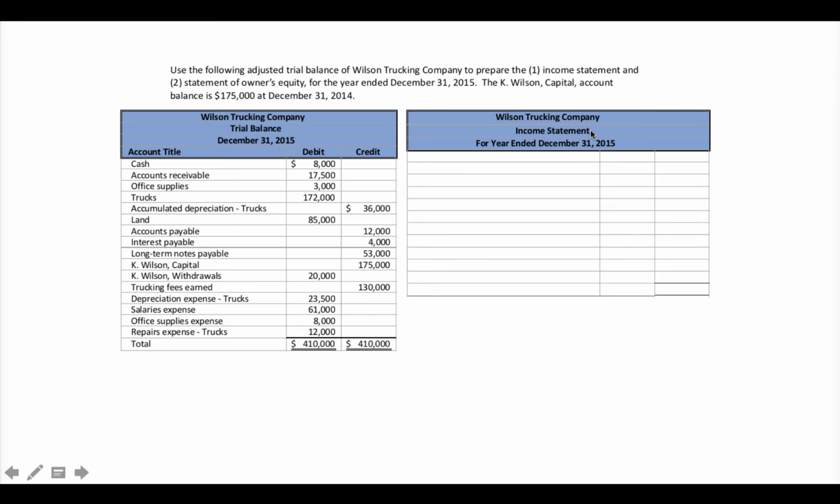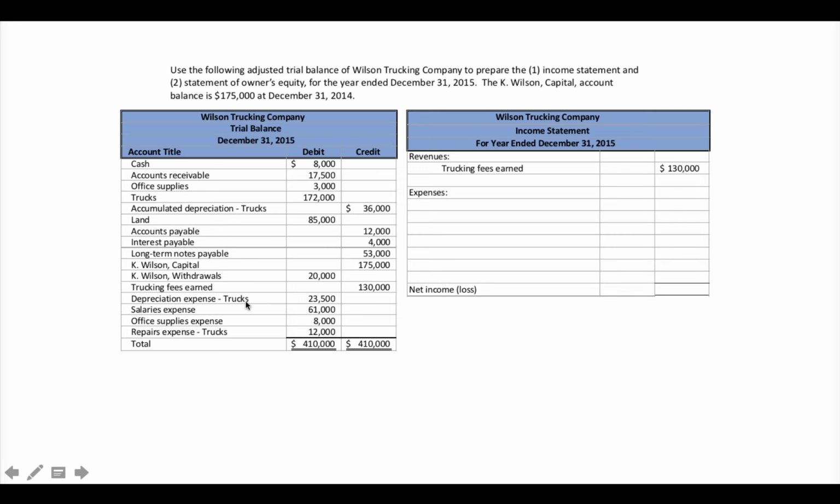Revenues, expenses, in this case, let's see, that's going to be in net income. So the only revenue account we have, trucking fees earned, okay, 130,000. Then we have all of these expense accounts, depreciation expense. Again, this means that's how much yearly depreciation was recognized this year